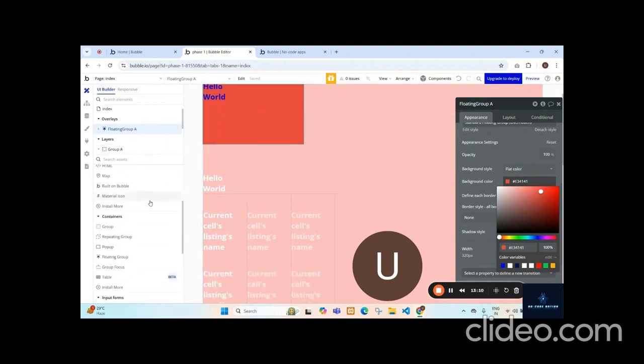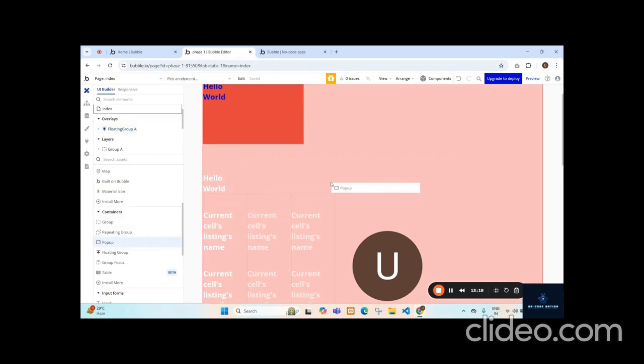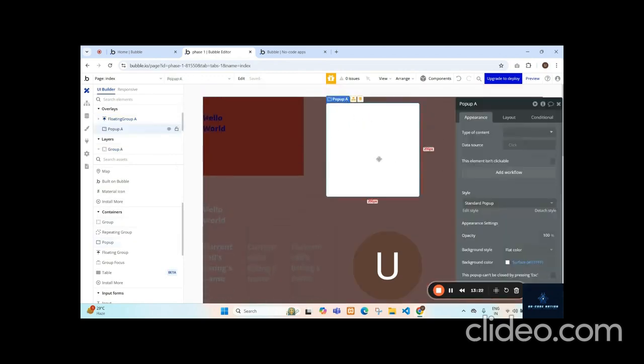So let's hop on to another container type, that is our pop-up group. Everyone knows what a pop-up is. If you do not, no worries, let me introduce it. Basically, it is essentially a modal or a pop-up window. It is useful when you want to display content over the rest of your page, like login forms, alerts, or confirmations. Pop-ups can be triggered with a workflow, which makes them ideal for temporary or supplementary information that the user needs to access quickly. For example, here I have dragged and dropped a pop-up named, let's say, alert,